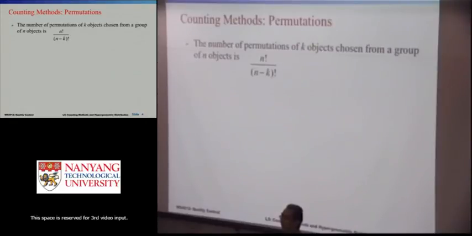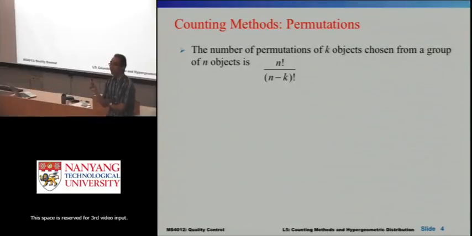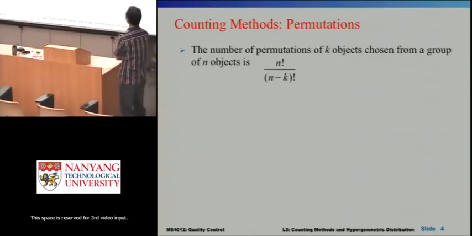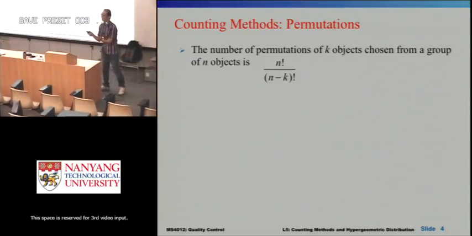In total, we have n objects. Now I choose k objects out. How many objects do we have left? N minus k, right? For these remaining n minus k objects, the order doesn't matter, right? How many ways do they have? N minus k factorial, right? So we need to divide by this because for this part, the n minus k objects, their order doesn't matter. So for example,